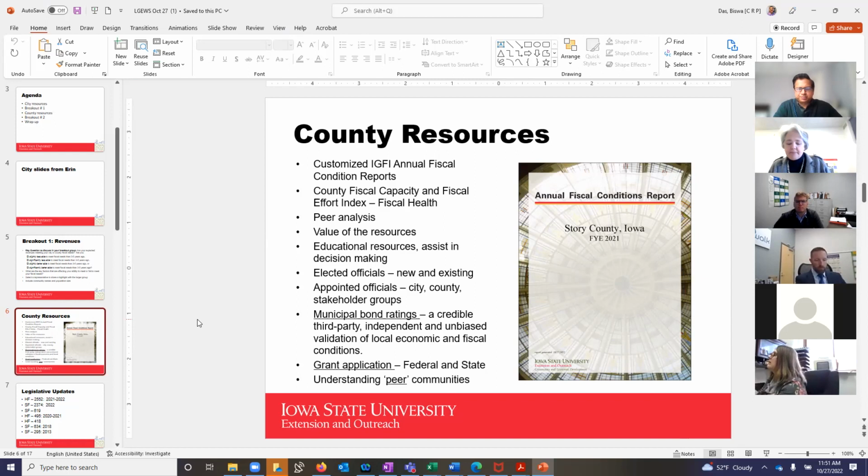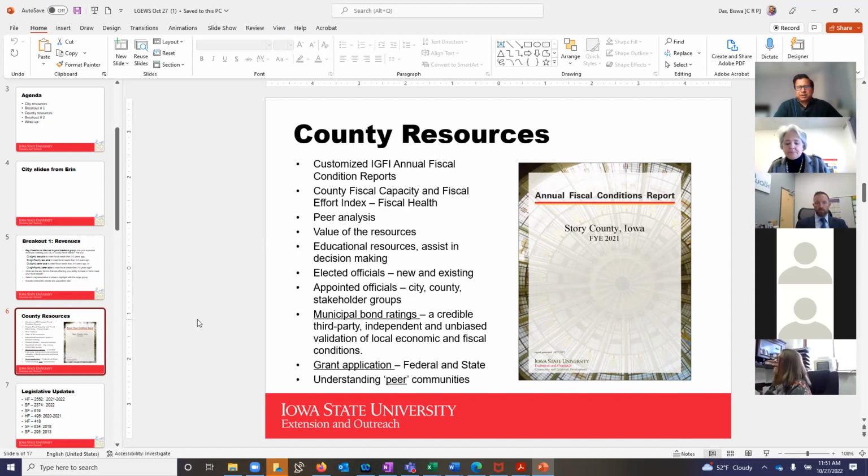in Iowa. Just like Erin mentioned, the Iowa Government Finance Initiative customized reports for the cities. We have a similar report for counties. So we publish them simultaneously. So for each of the 99 counties, we have been doing this for about 8 years now. That's one of the more widely used reports as far as cities are concerned, and we'll go into that